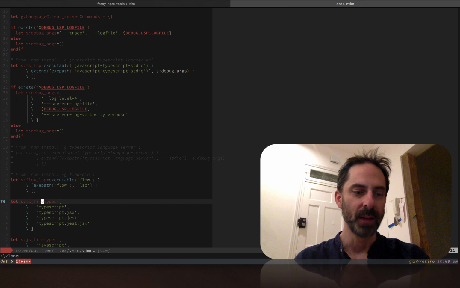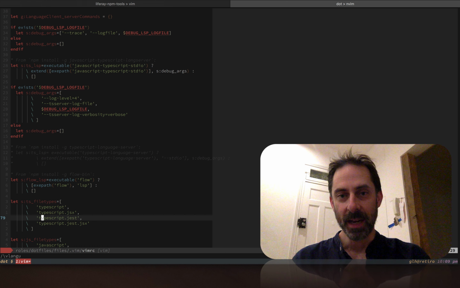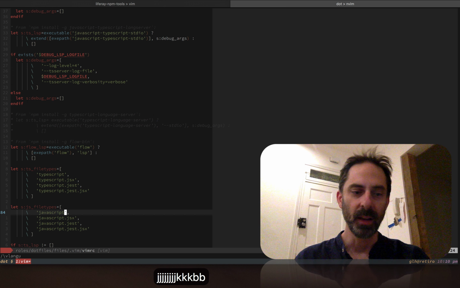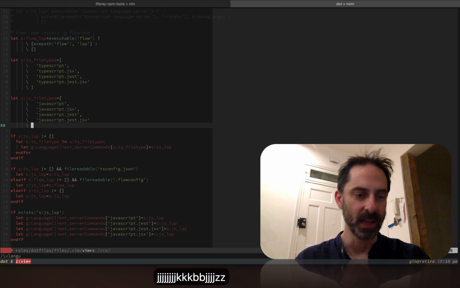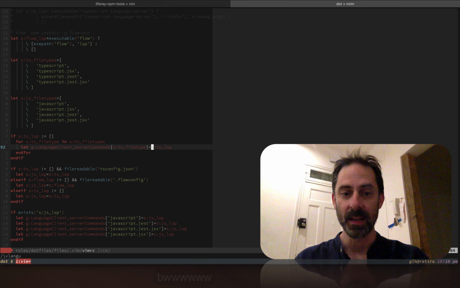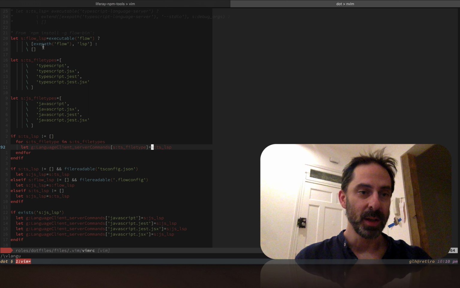And finally, we look at TypeScript file types. I've got a few compound file types here, because in my ftdetect setup, I've made it so that I can detect multiple file types simultaneously. For example, a file that is simultaneously TypeScript but is also a test file or jest, and so on. And likewise for JavaScript. So I have those different file types set up. And then basically for each of the TypeScript file types, I'm going to assign it to whatever the TypeScript language server is. The one I showed you above is the one that I use,